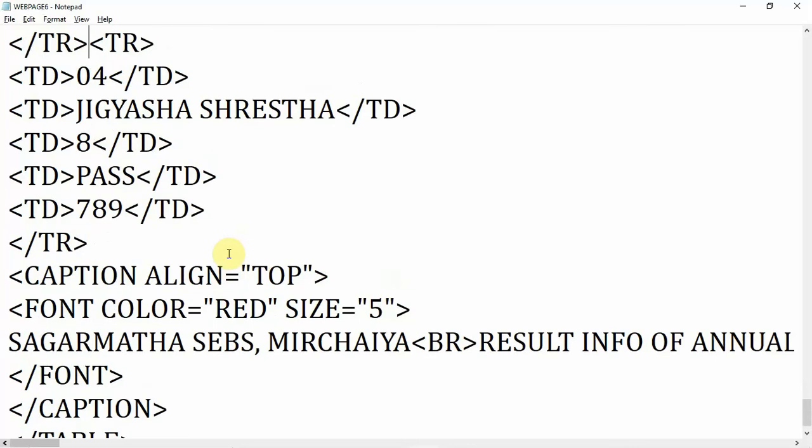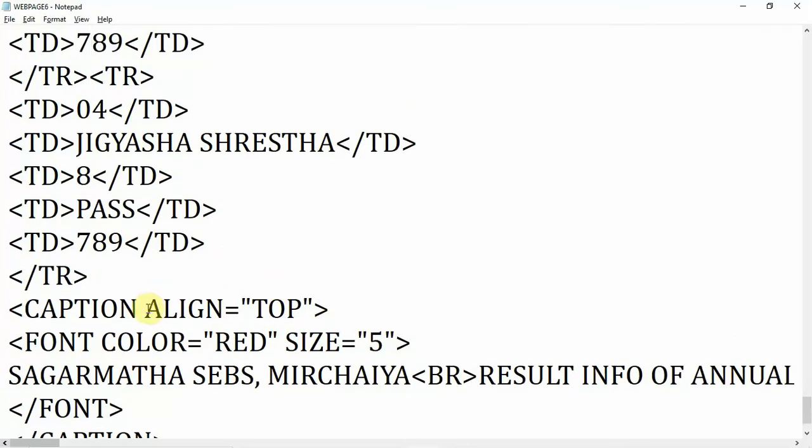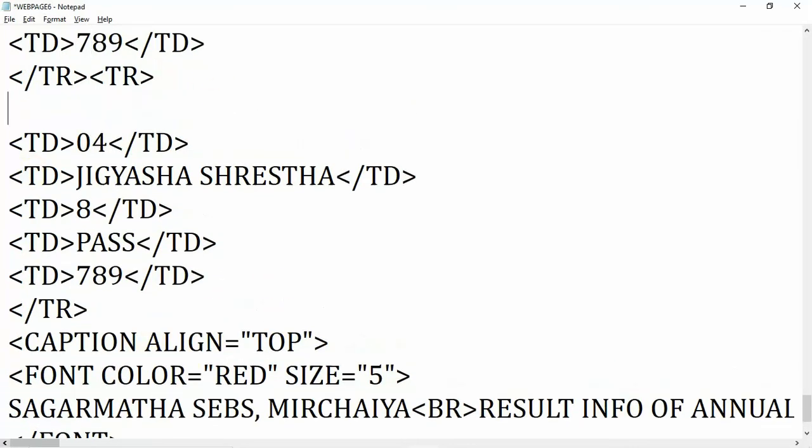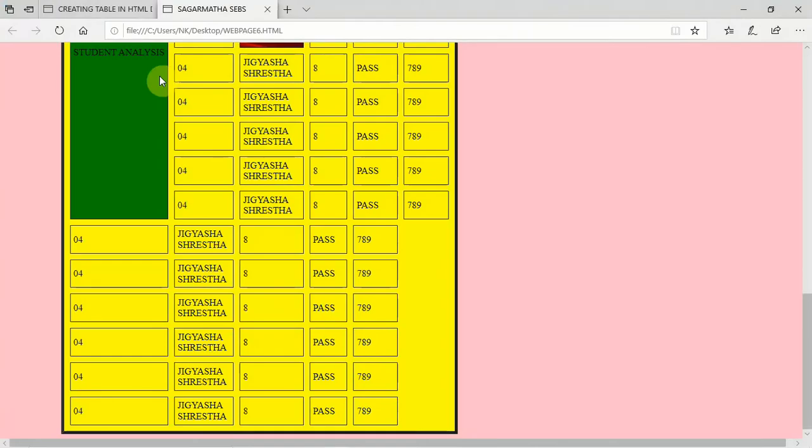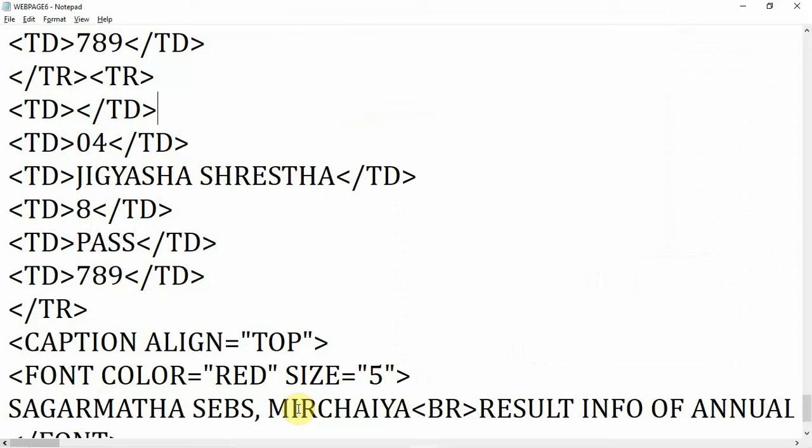I want to give you one example here. So after the TR tag, I want to give an empty TD tag without any data. Now you can see the effect. This will be moved to the right side. You can see one is moved to the right side. Sorry, this one, because at last I have written it, so this is moved to the right side. But if you want to remove it, you can remove it.